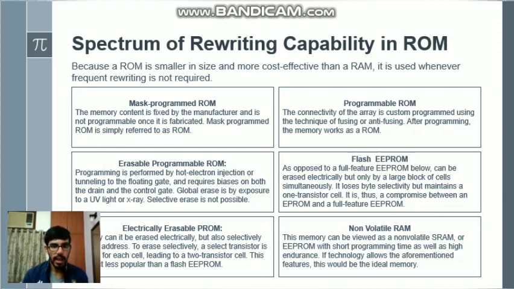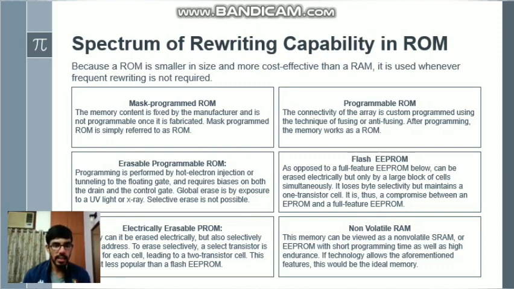The next is the flash EEPROM, or the flash electrically erasable programmable ROM. This again overcomes the previous one's limitation, and now a certain amount of memory blocks can be erased at one time, and the whole memory device does not need to be erased at the same time. And so in a sense, partial erasure is possible, but only in selective blocks.